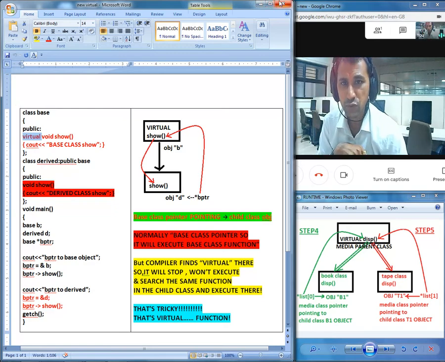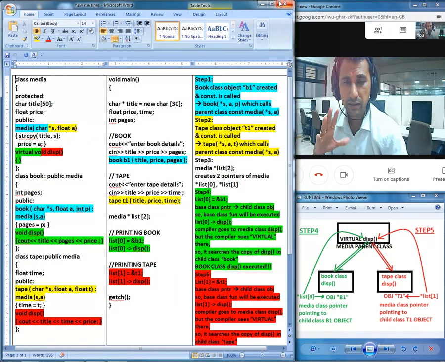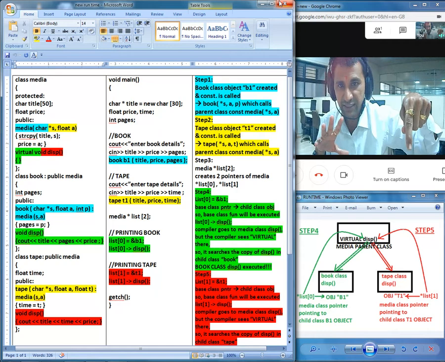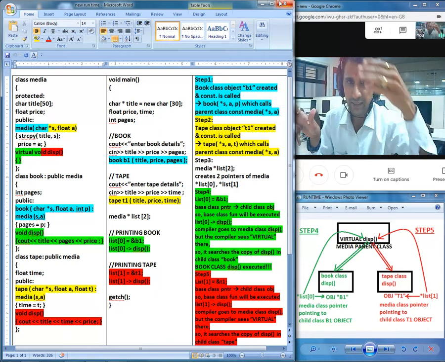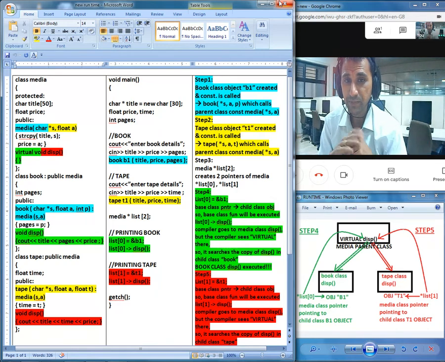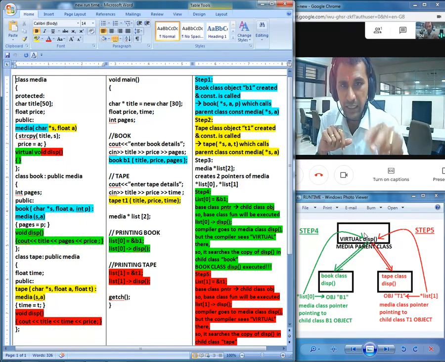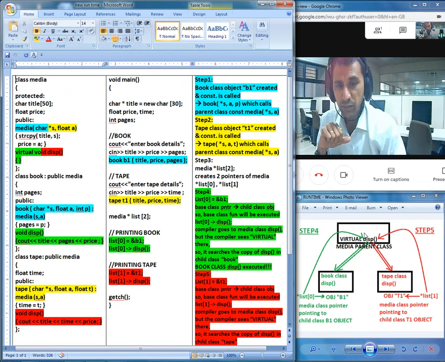Now it is time to implement an actual program. Now the diagram is there, the coding is there, the stepwise execution is there, and we are here. They both are here. Okay, everyone, first let me give you the brief of the diagram. So just take a look at the bottom of the diagram.